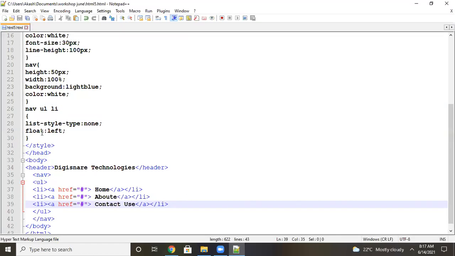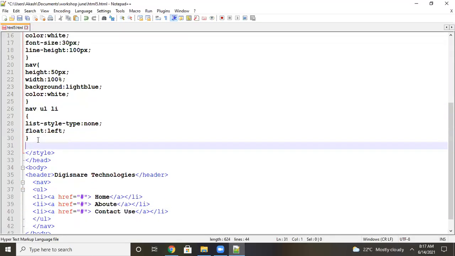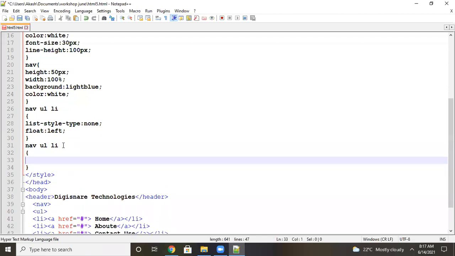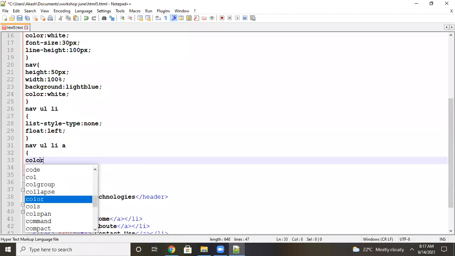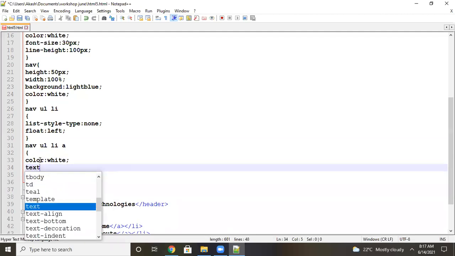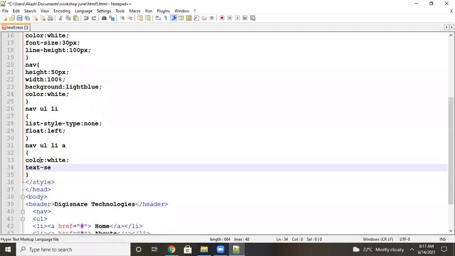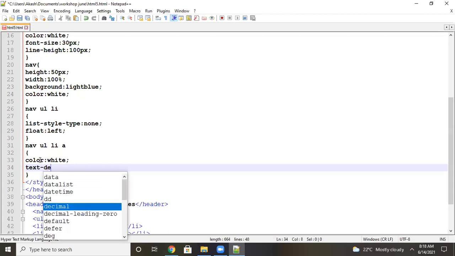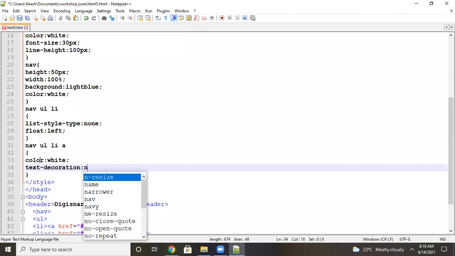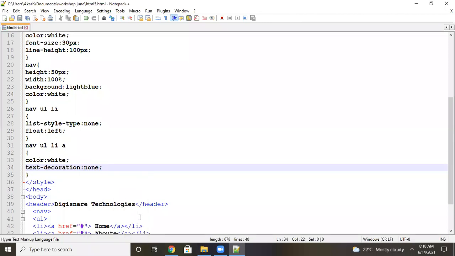Again, here itself, maintain the same flow: nav ul li a. To remove that blue color, use color, whatever color you want. Color white I will mention. To remove underline, that is text-decoration: none.